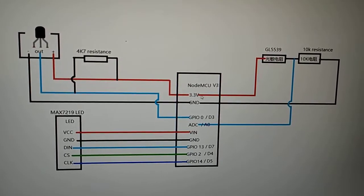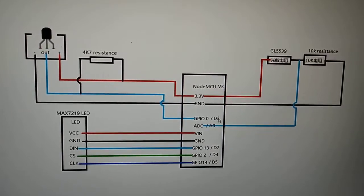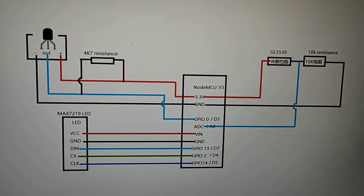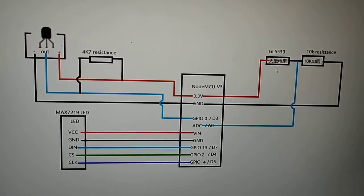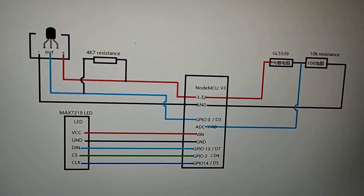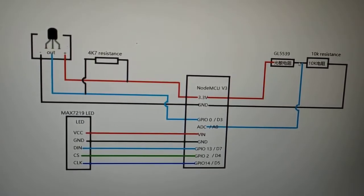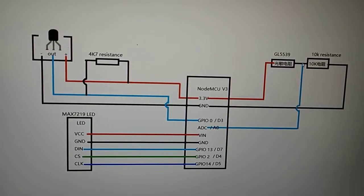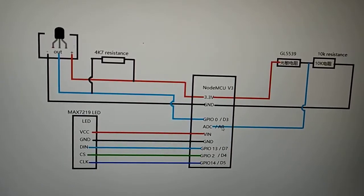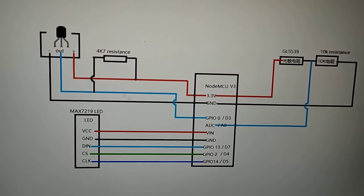These are the NodeMCU pins. Here is the 3.3 volt. Here is the ground. Here is data pin 3. This is the A0 pin, which will detect the light sensor. This is the LDR, and this is a 10K resistor. This goes to the ground, and the LDR's one pin goes to the positive. The other LDR pin connects to the resistor, and both connections go to the A0 analog 0 pin, or ADC pin. This is the connection for the light sensor, and the other connection is for